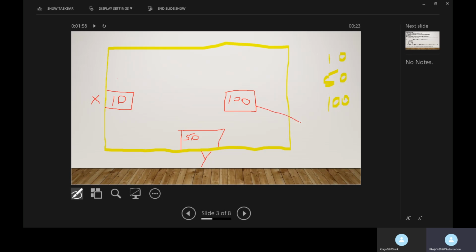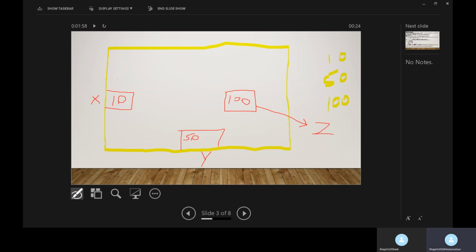Similarly, this location will be identified by using variable Z. Like this, here we are using different identifiers. We can also call them variables to identify the locations where the different values are stored in the memory.